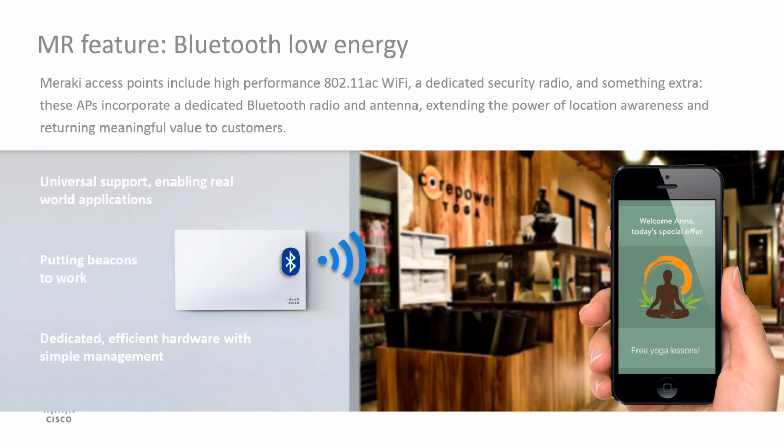In addition to asset tracking, the Bluetooth radio can also be used to enable more active customer engagement through mobile integration available through Meraki Bluetooth API. A Cisco Meraki customer can put a beacon to work by developing a beacon-aware application for mobile devices to recognize one-way beacon advertisements from Meraki devices, such as Meraki access points.